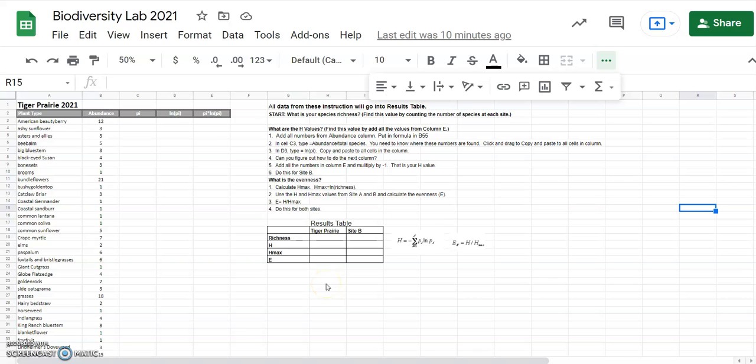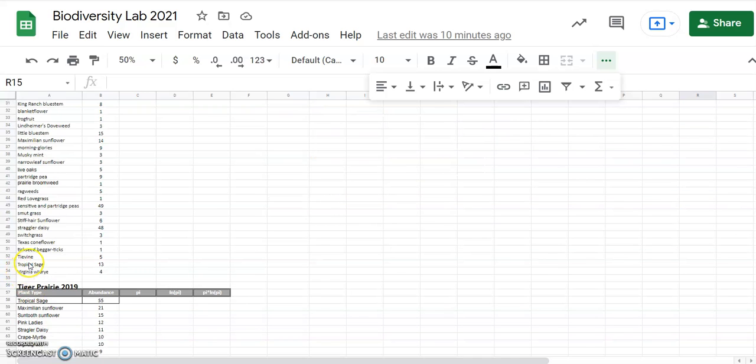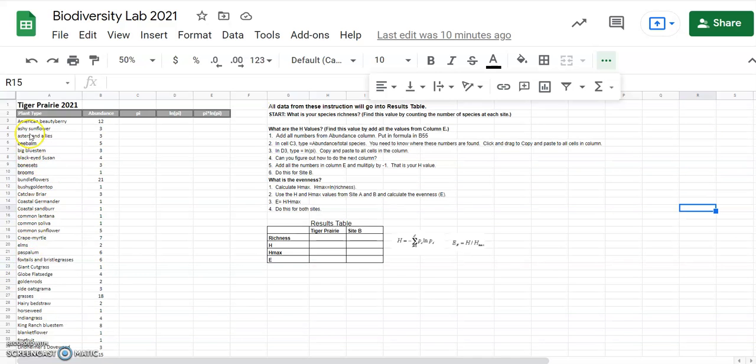Okay, so what we're going to do today is quantify the biodiversity of the tiger prairie this fall 2021 with its biodiversity back in 2019. Now remember, we talked about biodiversity being composed of two things. The number of species present, so in this case the tiger prairie had about 51 different species of